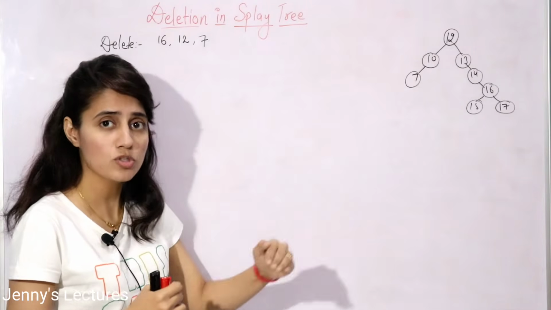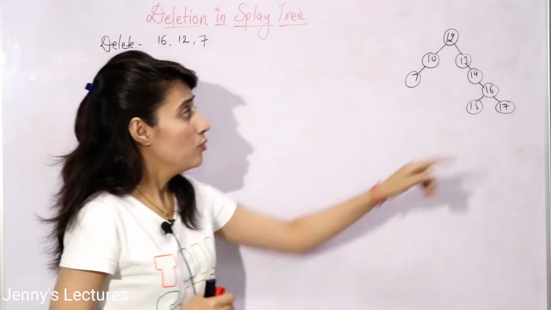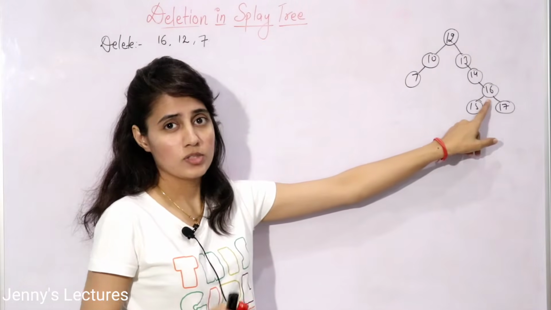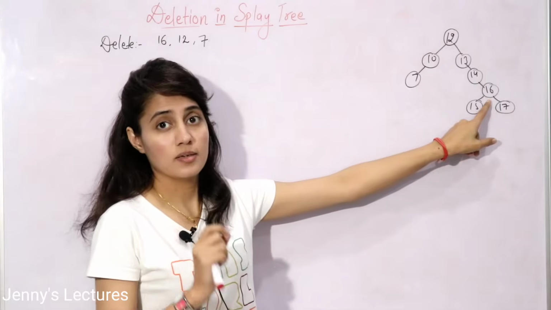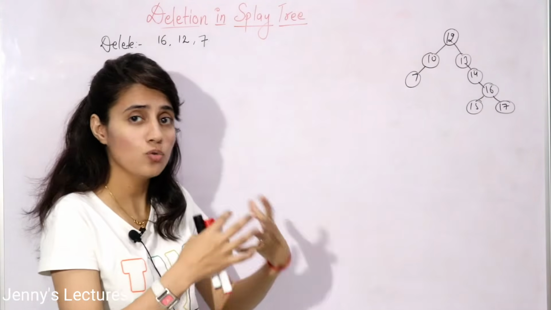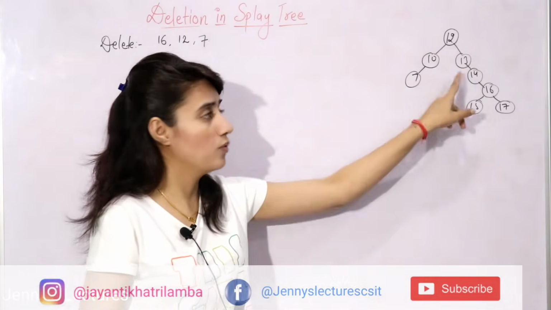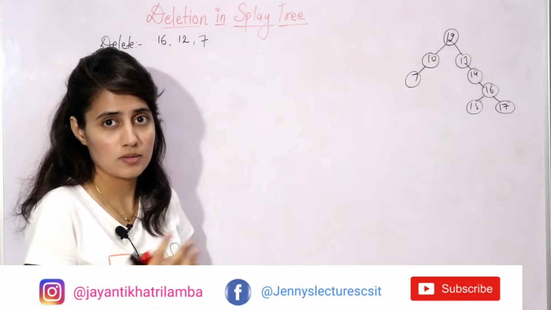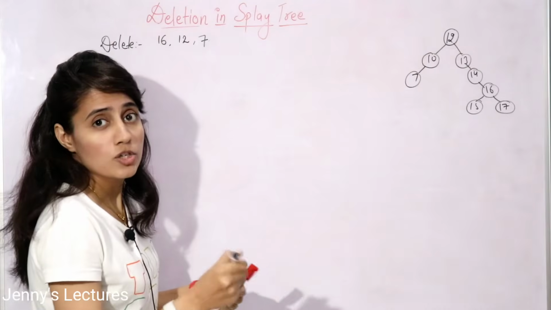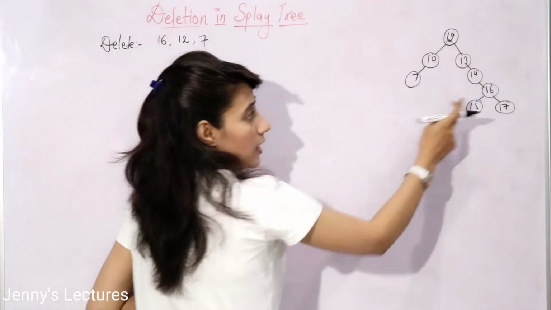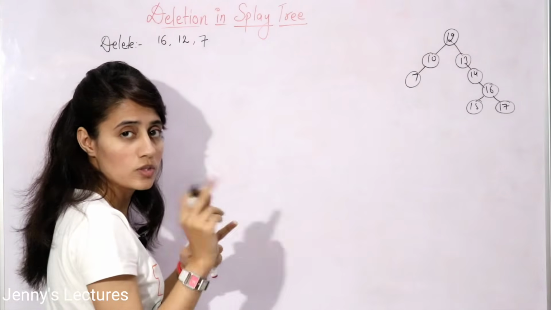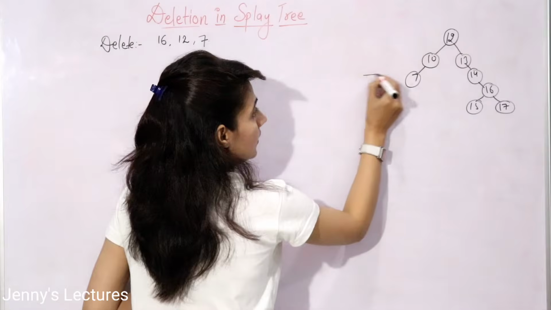In this top-down splaying approach, we will splay this tree on this element, or you can say we will splay this 16, meaning before deletion we will splay the 16. It means we are going to make the 16 the root of the tree. Obviously that is what splaying means, right? How to do splaying, which rotation you need to perform, that I have also discussed with an example in the previous video. You can check out that video in the side button, right?